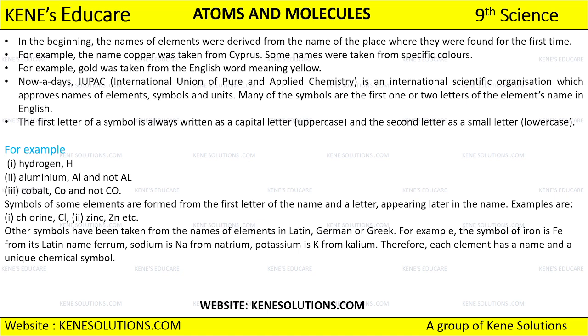I hope everyone is clear with all the points which have been given over here on the slide, and you won't be making the same mistake of writing every letter of the element in capital. For hydrogen, we represent it singly, because there is only one letter that we use to represent it. But if there are two different letters, we don't write both in capital. The second letter will always go in lowercase. It is always going to be small. Okay.